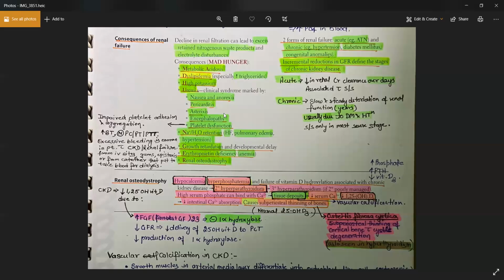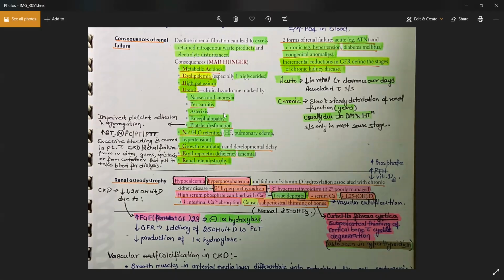This complex now, the calcium phosphate, deposits on different tissues like the arteries, and that will cause the arteriosclerosis. The Monckeberg sclerosis, you guys remember? That happens because of this excessive calcium and phosphate deposition on the arteries. It is not clinically significant. It is always an asymptomatic, silent thing. But when you do the CT or MRI of the patient, you can see the enhancement of the aorta or different arteries because of this calcium deposition, right? So step 1 can ask you why this enhancement is seen on these arteries. The answer would be the deposition of calcium phosphate because of this kidney failure.